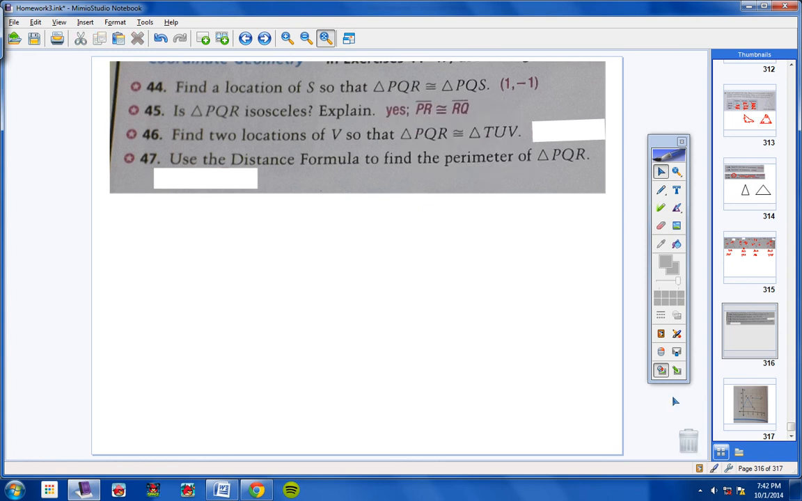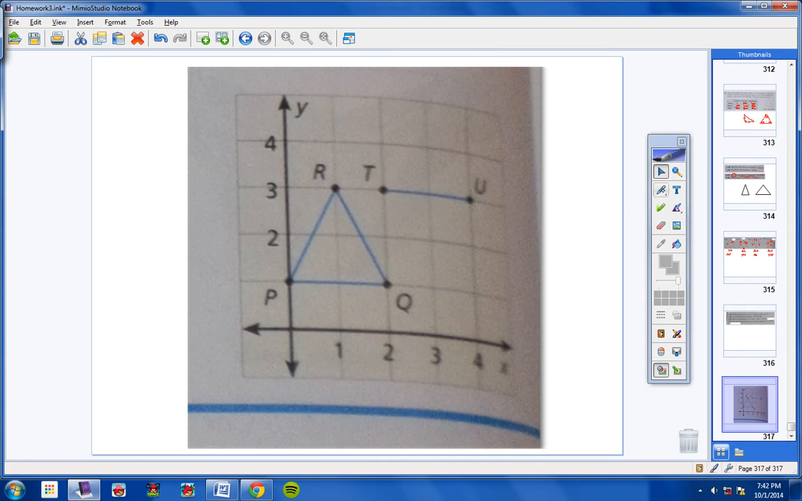Now, this next problem is interesting. Find 2 locations of V so that TUV is congruent to our triangle, okay? 2 locations for V. Well, here's TU. It looks to me like if I put V right here, that would give me a triangle congruent to this triangle here. If I put V right here, which would be over 3 and up 5, so 3 comma 5, and I could also put V here,